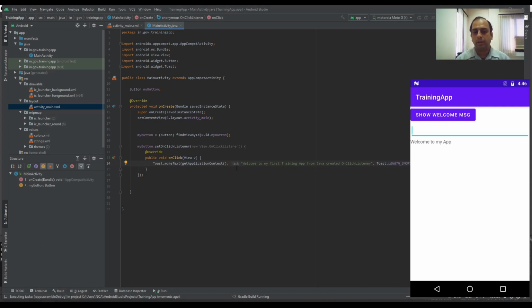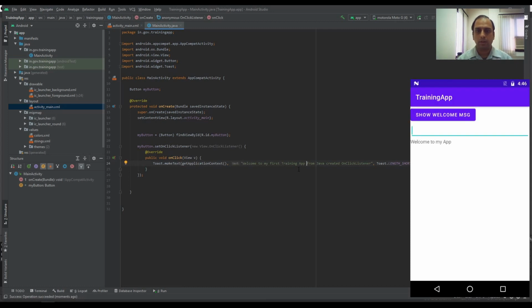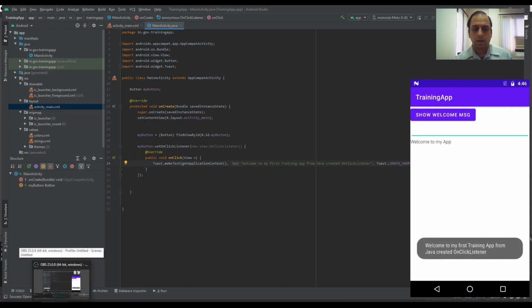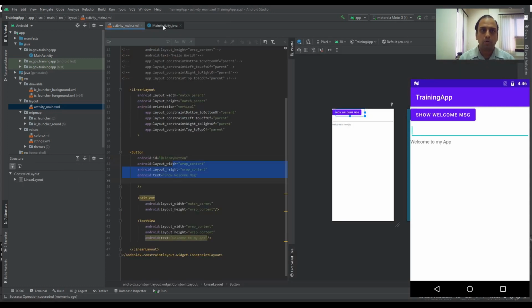We have to be patient, it takes some time. This time I have changed the message a little bit so that we can distinguish. Oh, I just clicked terminate. Just a second. Now it is running. When I tap on show welcome message, it will give you the updated message: Welcome to my training app from Java created on click listener. So you can create the on click listener from here or from here.